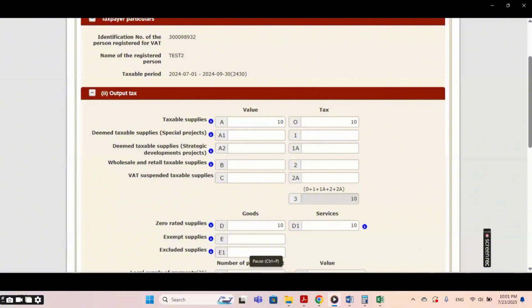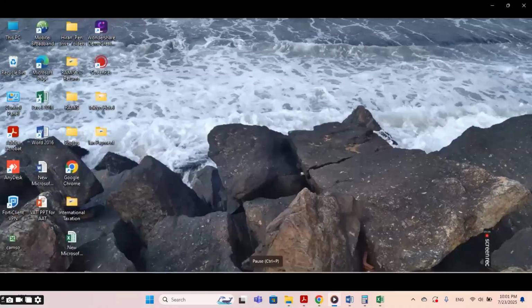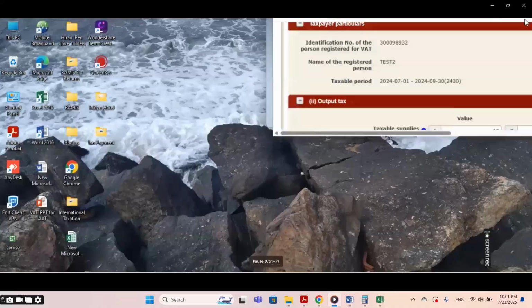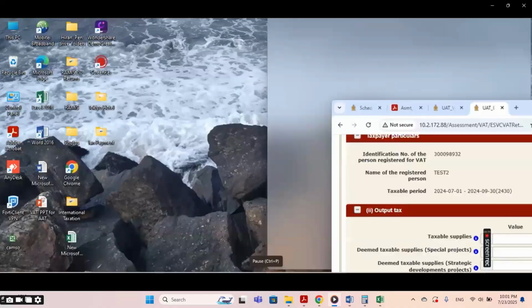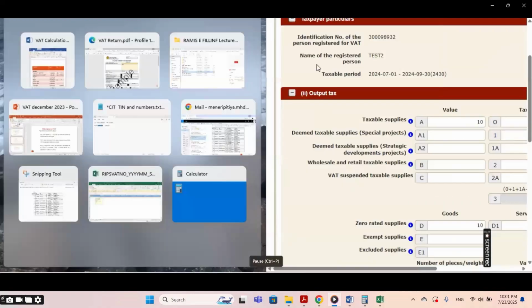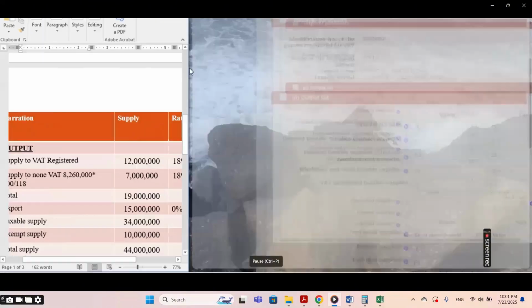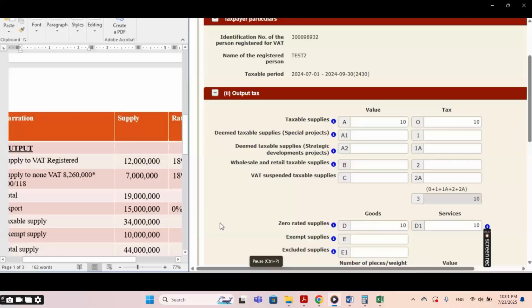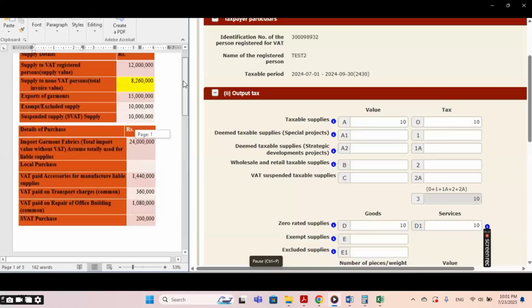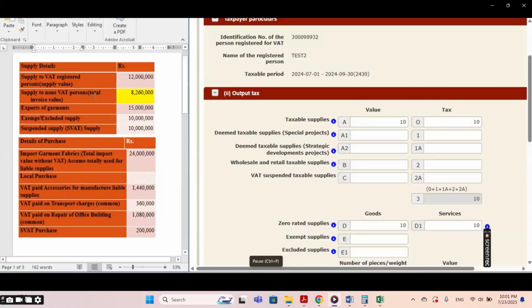Right. So now let's try to enter some data here, right? For that purpose, I have already prepared a particular example. So let me enter those details here, right? So according to this example, taxable supply to VAT registered person 12 million, taxable supply to non-VAT registered person 7 million, right? So altogether taxable supplies